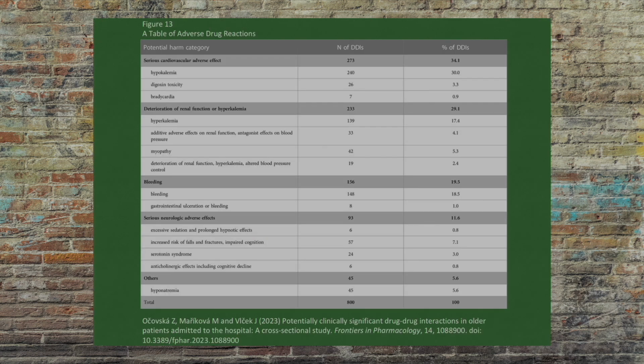This is a table from a different study conducted in 2023. The aim of this study was to assess drug combinations causing significant drug-drug interactions in patients over the age of 65. This table highlights the most common side effects they found as a result of drug interactions and is consistent with Zeira et al. in the previous slides. This study also noted that the presence alone of a drug to drug interaction is 85%, and this includes significant ones in older patients. So, this means that 85% of older patients are taking medications that are known to interact